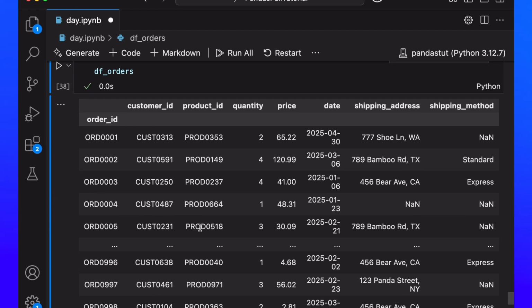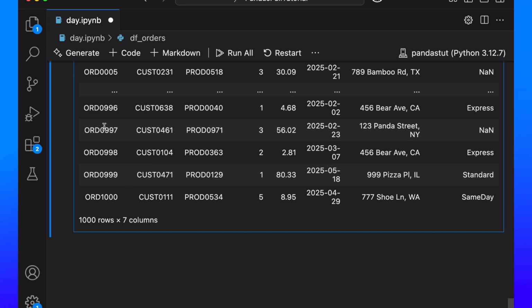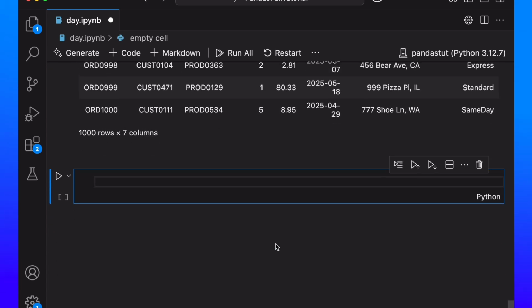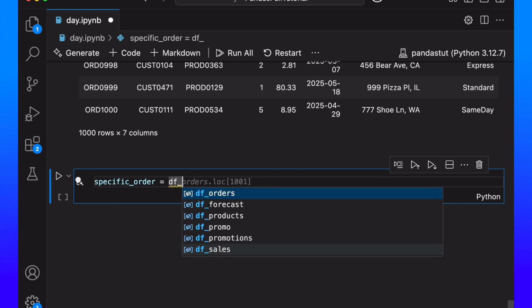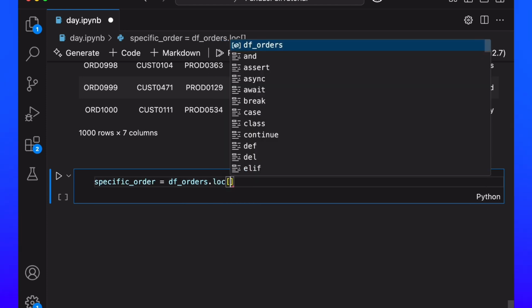Now, let's say this is the specific order ID where we received the customer complaint, ord 0004. Again, it could be any order ID, but let's say the customer mentioned this particular order ID along with the complaint, and management wants us to pinpoint that particular order. So I can say specific_order is equal to df_orders, and then I can say .loc,